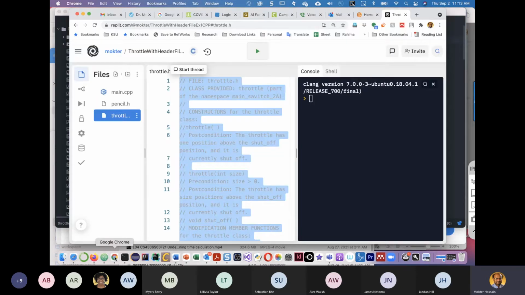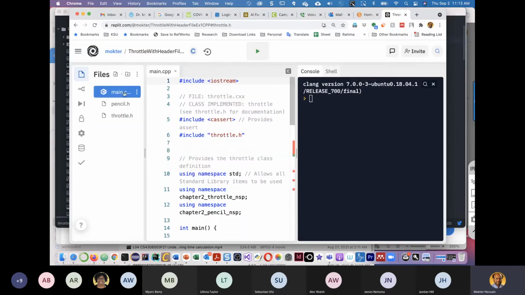Then the main class. One thing is that in Replit, the main class file name is saved as main.cpp. This is main.cpp. But you can save it differently, for instance, if we go to our code editor,